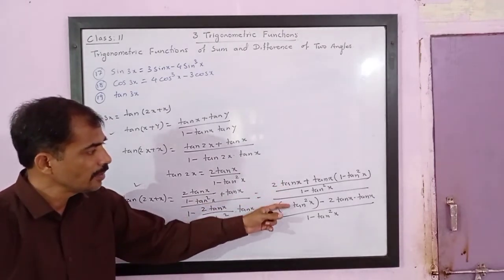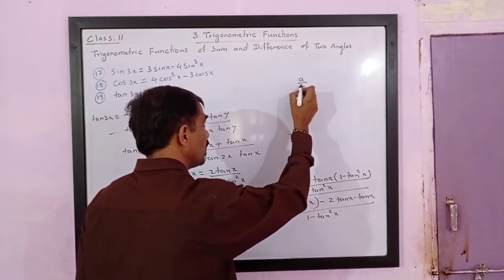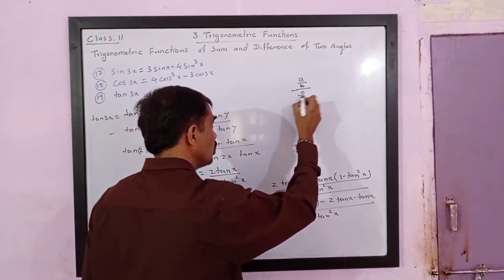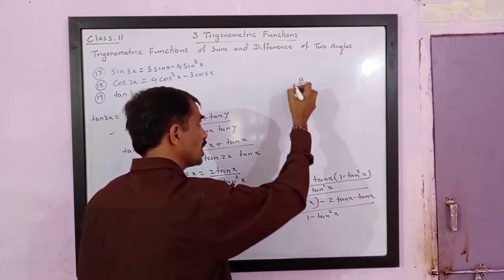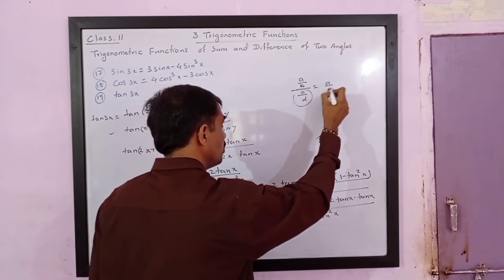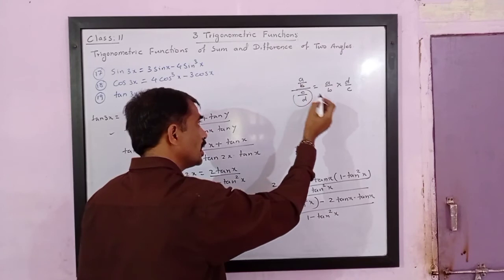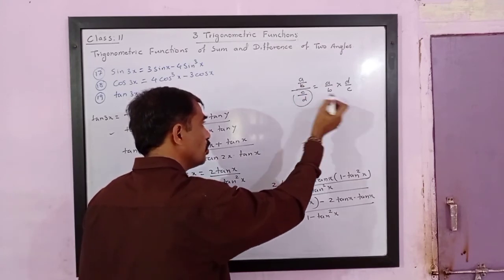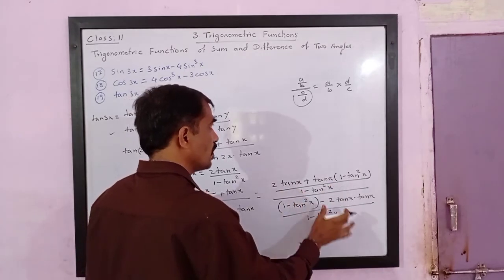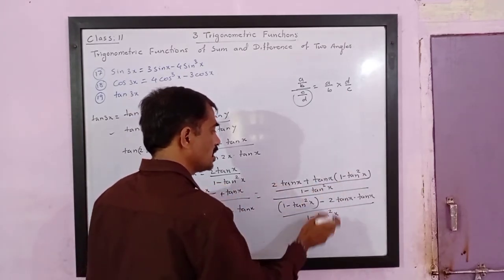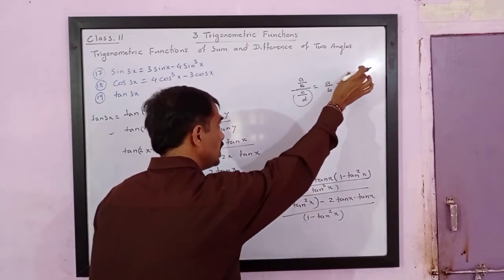Now this is an a upon b upon c upon d type of fraction. That is, if the fraction is at the numerator also and at the denominator also, then we know this fraction is dividing the first fraction. So this is equal to a upon b multiplied by d upon c. So please note, the denominator goes to the numerator and the numerator of the denominator goes to the denominator. So you will see that 1 minus tan square x, b and d, are same. So they will eliminate each other. So b will eliminate with d.